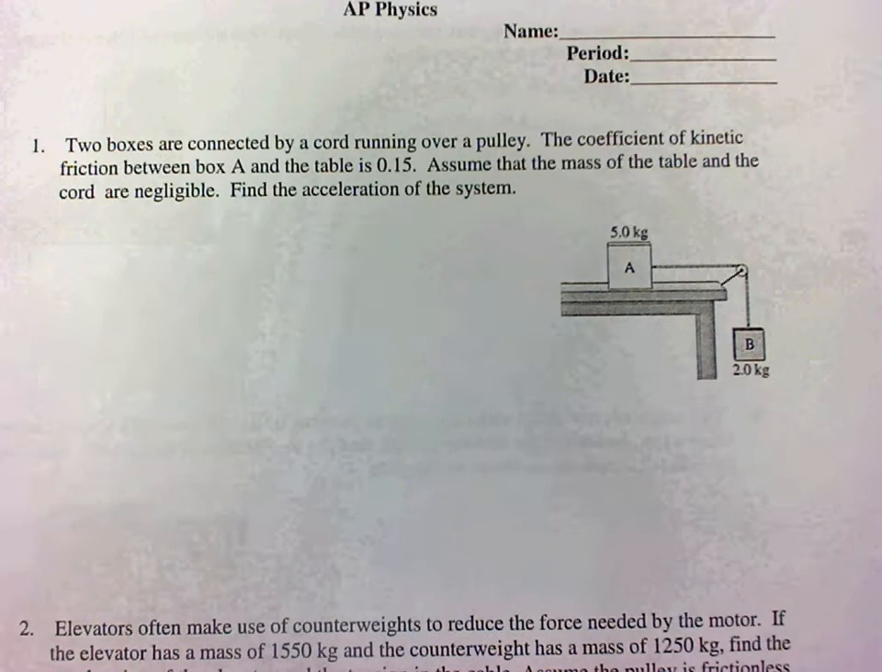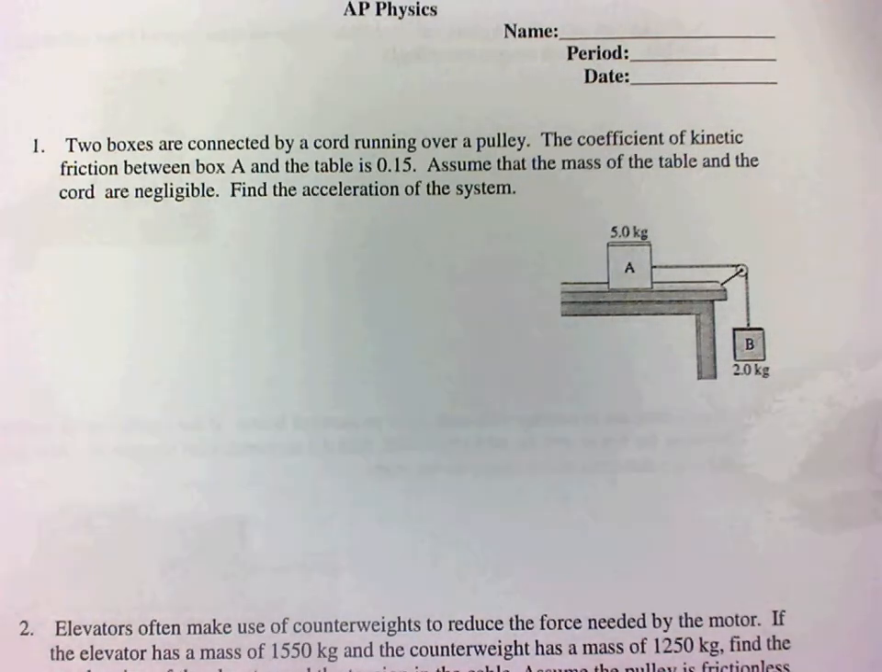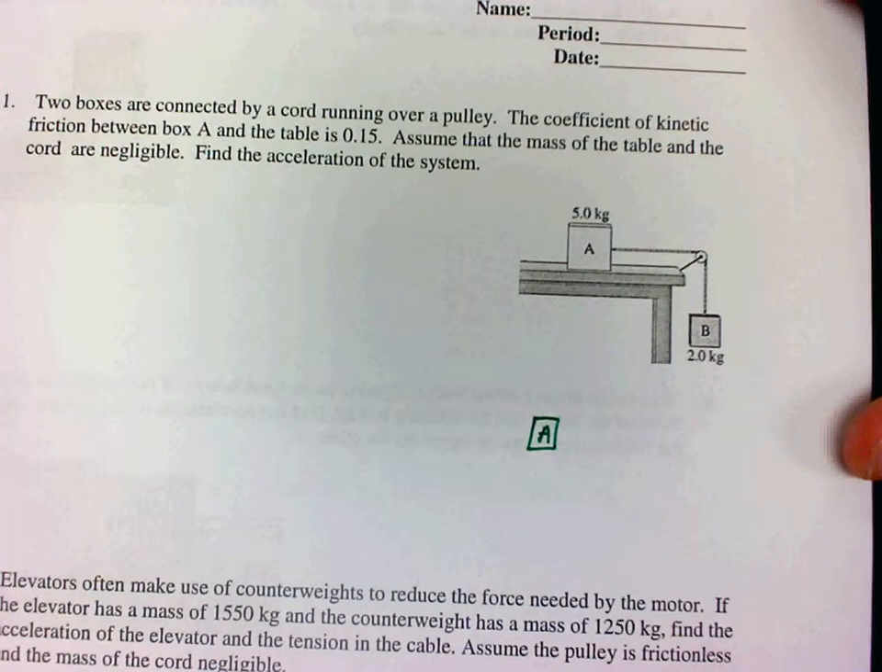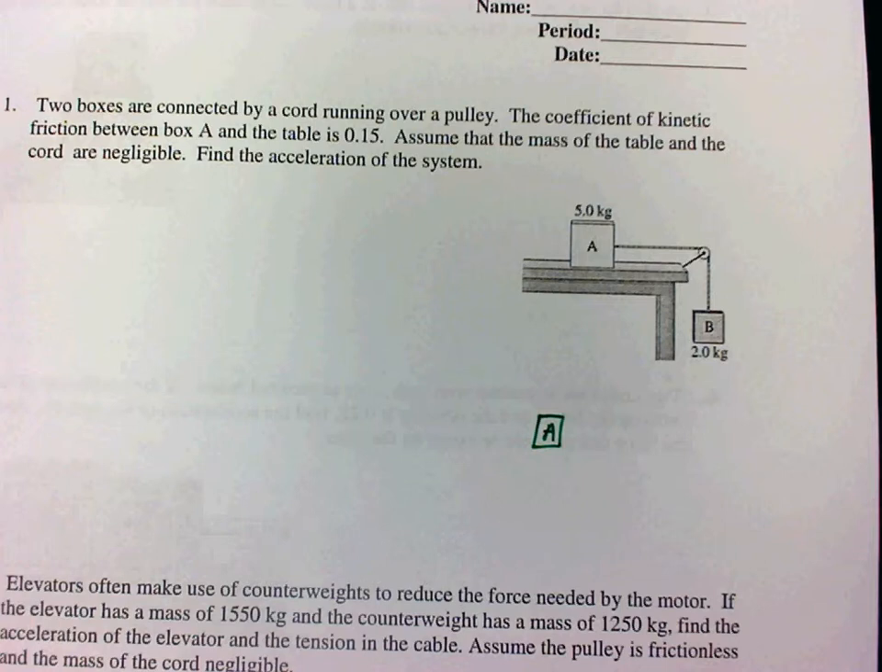Okay, so we're going to solve the table and pulley problem. If we first analyze each box and we analyze the free body diagram for each box, that'll help us understand what's going on here. If we start with box A and we draw it out,